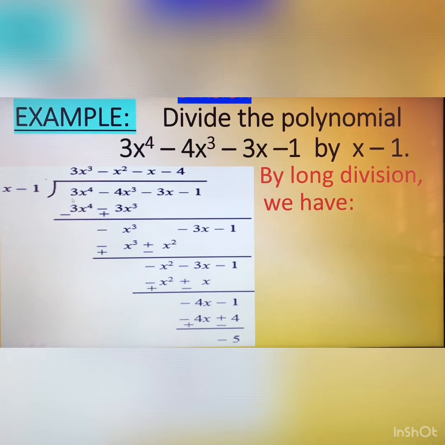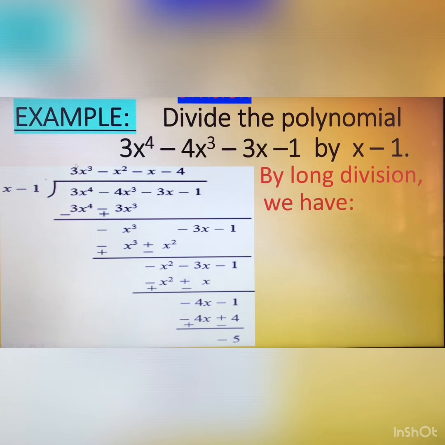Here the coefficient is plus 3. So first of all you will write plus 3. After that, you check the degree of this polynomial. The degree of the polynomial is 4. So you will write a term with degree 1 less than this term. Here it is 4, less 1, that is x cube. So you will write x cube.